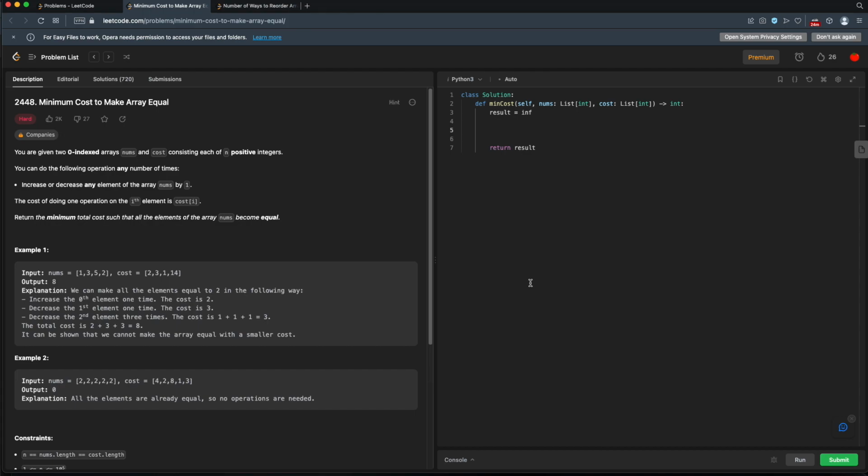And the reason I want to do that is because we will be grouping our values together. And to explain that, I'll have to do a little bit of diagramming here, so bear with me. So in the example, we have values 1, 3, 5, and 2. So these are not in sorted order. That's okay. If we chose some value, let's say we are choosing 5, and we want to make all of